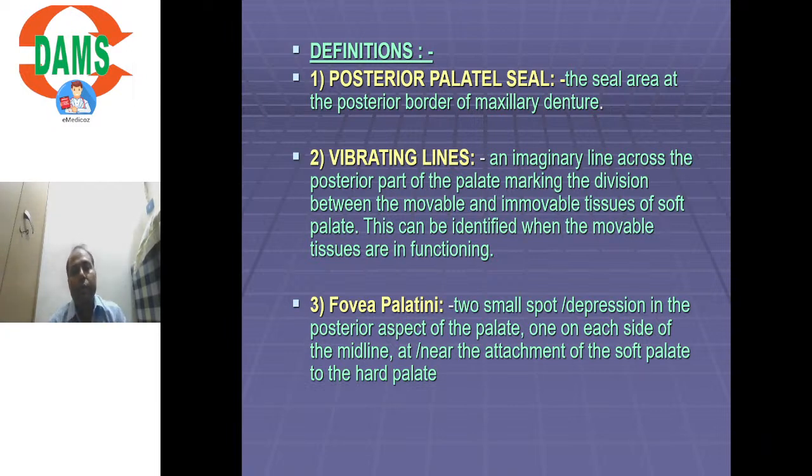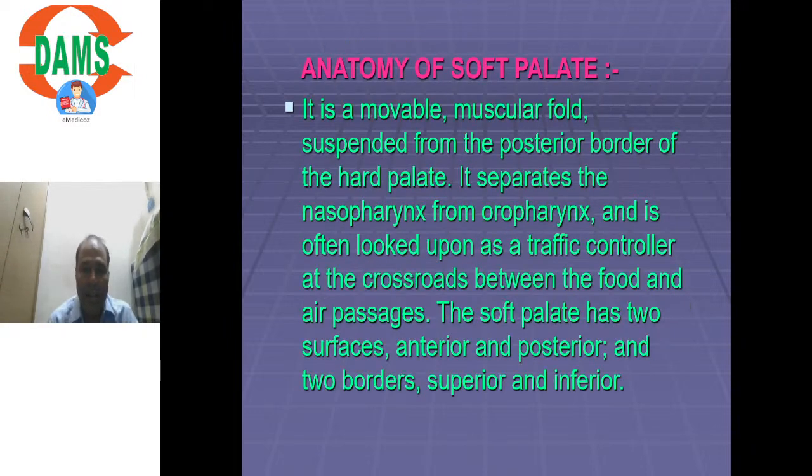Now understand that the soft palate that is immediately adjacent to the hard palate will be less movable, right? And as we go posteriorly on the soft palate, there are more muscles of the soft palate, so that portion will definitely be highly movable. Okay, so the junction between the slightly movable and highly movable tissues of soft palate decides the vibrating line. Okay,